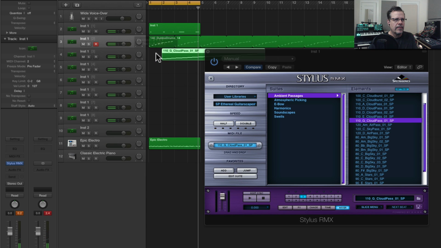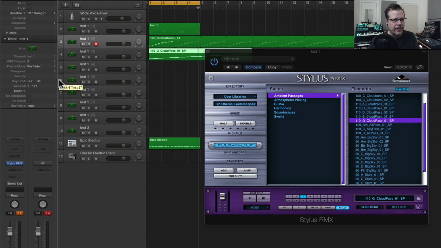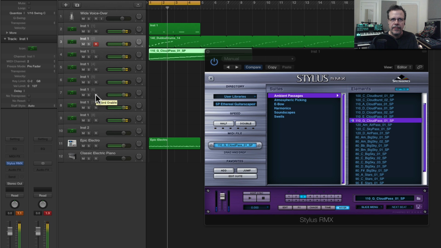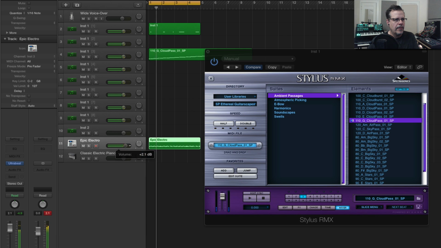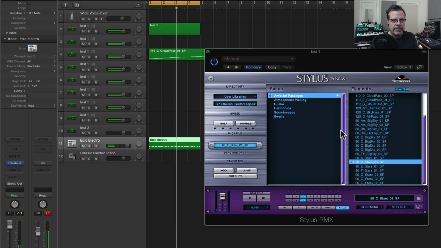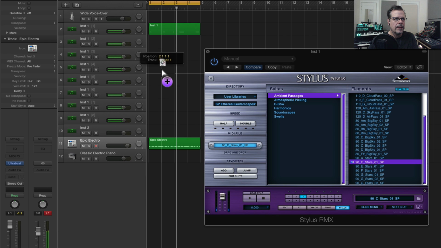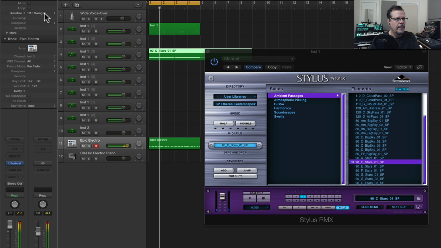So grab that, quantize it to 16th notes just to make sure it fits the tightness that we have to have in today's productions. And there's so much here to play with. So let's drag it over, try it out, let's quantize it. This is longer, so